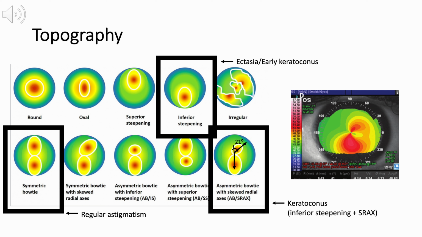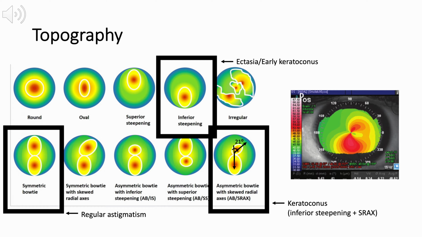This is characterized by two evenly distributed areas of steepening on either side of the vertical meridian. As long as the bow tie remains symmetric, it is considered a normal finding. As disease progresses, the pattern can become asymmetric, with one lobe larger than the other. This often corresponds to inferior steepening, shown in the red box on the top, which is one of the earliest